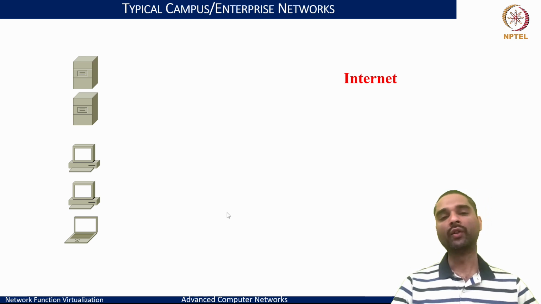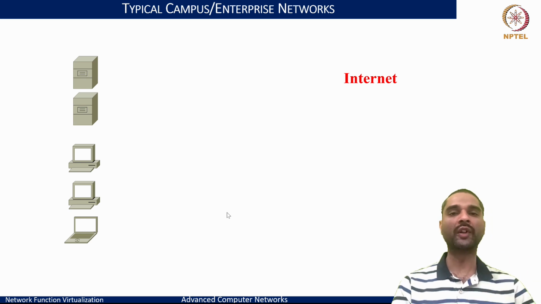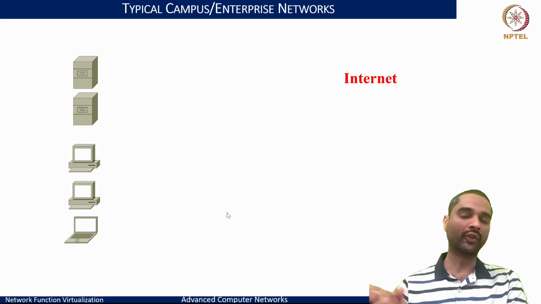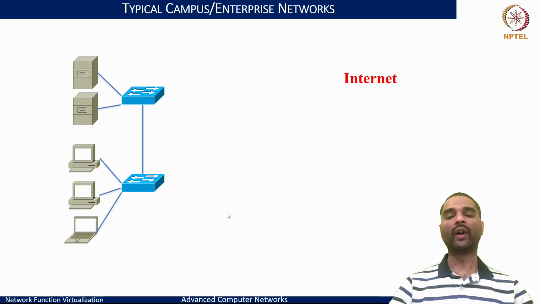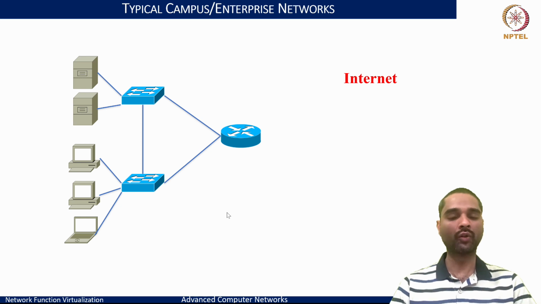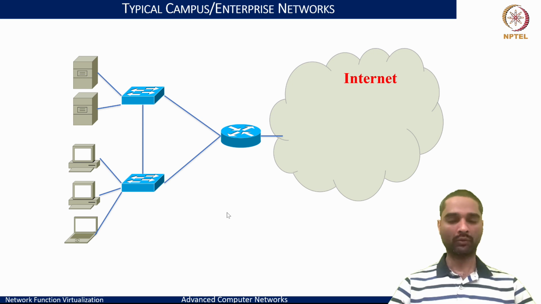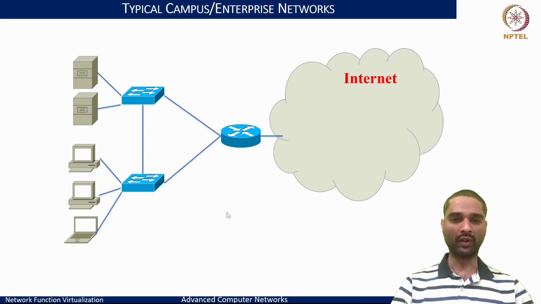And on the other side, we would have a DMZ zone where we typically host some of the servers, storage, and databases that would be running and facilitating the connection and services to the internet. These are connected using typical layer 2 devices like switches and layer 3 devices like routers, and eventually an edge router to connect us with the internet. And this is how we envision the networks to be.